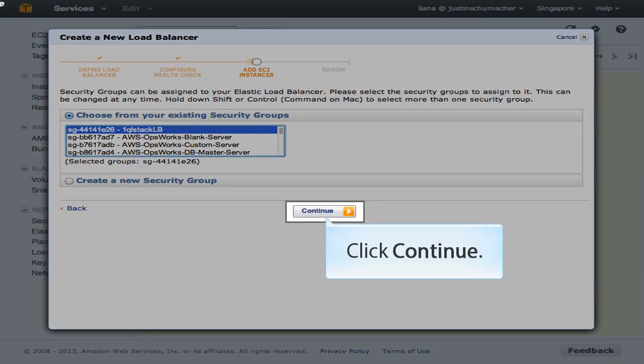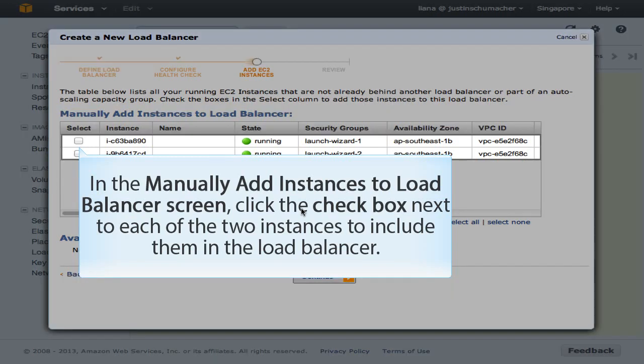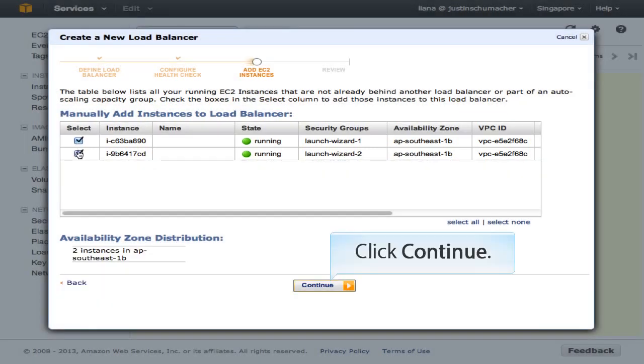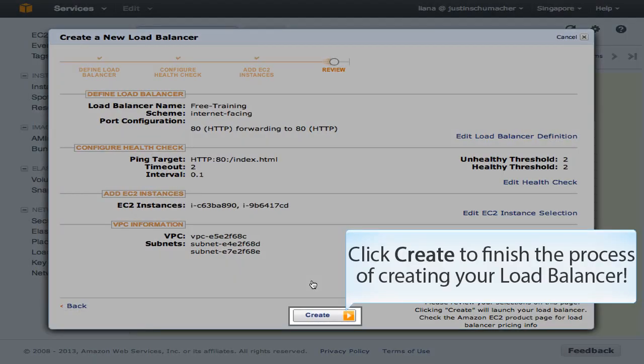Click Continue. In the Manually Add Instances to Load Balancer screen, click the checkbox next to each of the two instances to include them in the load balancer. Click Continue. Click Create to finish the process of creating your load balancer.